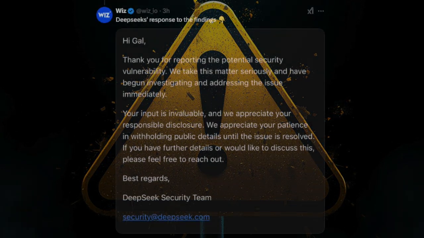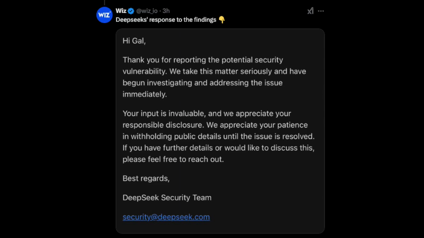Just remember that when you use any online service, you're trusting that company with your data. Sometimes that trust can be broken, as we saw with DeepSeek. We should be thankful that security researchers out there check if these tools are safe to use. Let's hope DeepSeek fixes these security issues soon. Remember to think about security whenever you use any AI service, no matter which